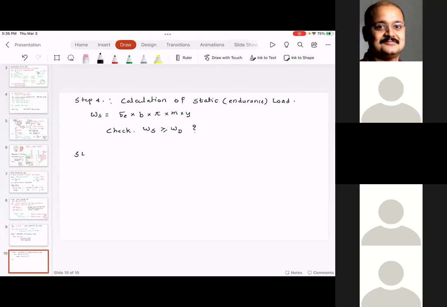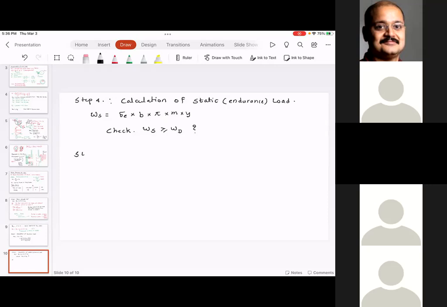But please understand, as soon as you change the module, the center distance changes. Many a times the requirement in the design is that the center distance between the shafts has to be particular, say 100 millimeters. So changing face width is the first line of action if this step fails. Everyone understood this?